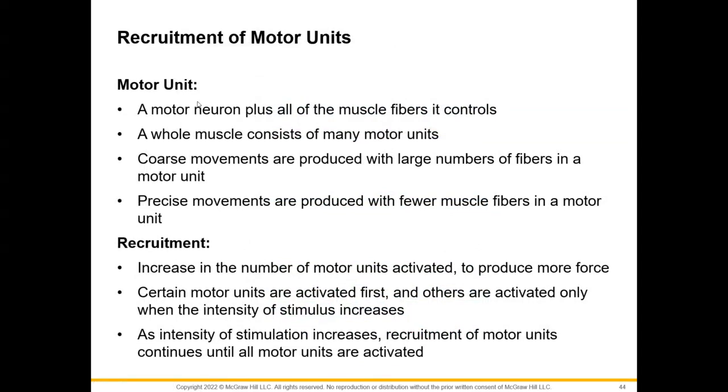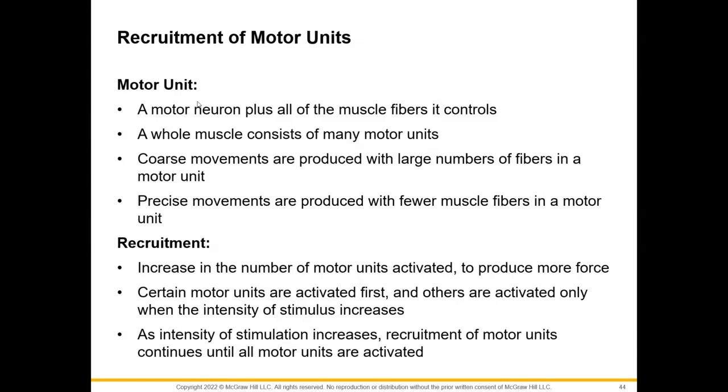Okay, motor units. A motor neuron plus all the muscle fibers it controls is a motor unit. And a whole muscle consists of many of these motor units. Coarse movements, which are large movements, are produced with large numbers of fibers in a motor unit. So like standing up, so in your legs. Precise movements are produced with fewer muscle fibers in a motor unit,